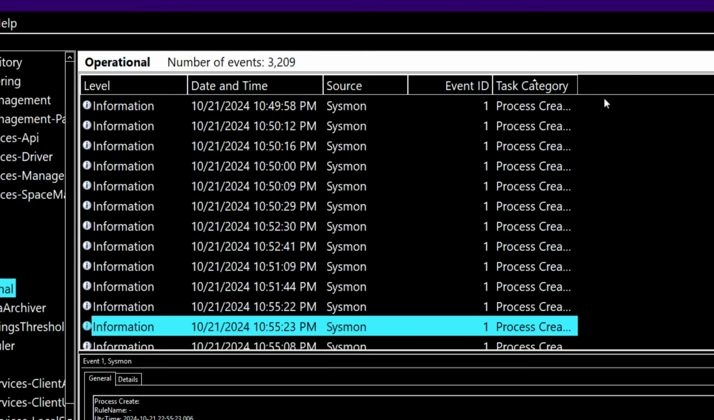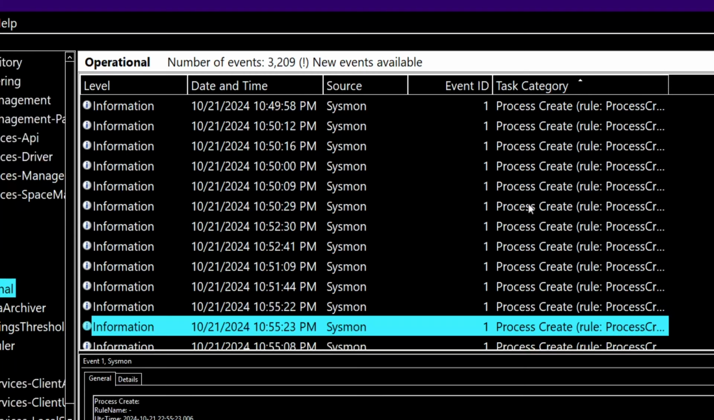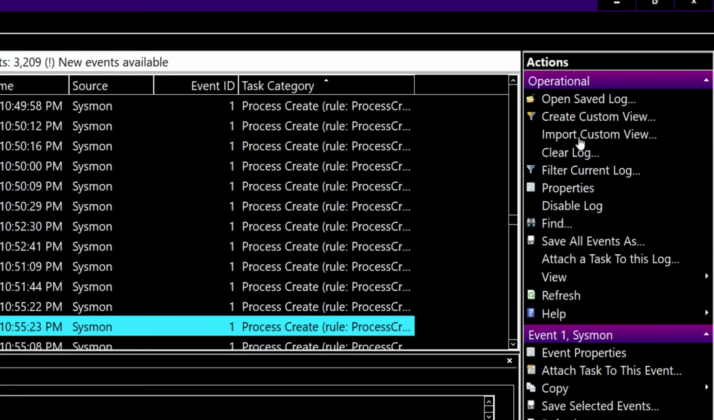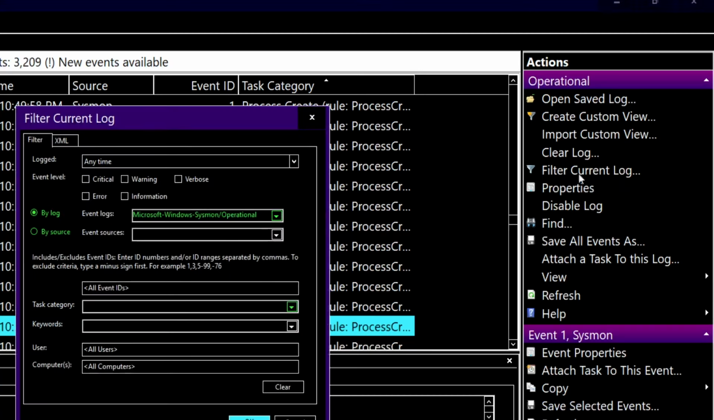So if I drag this out a little bit, it'll show us what is inside of these things. Process create is the task category that we're looking for, and that's event ID 1. So if we go to the very right here, we can filter based on that specific event ID. I can do filter current log, and instead of all event IDs, I'm just going to do 1 as my event ID,